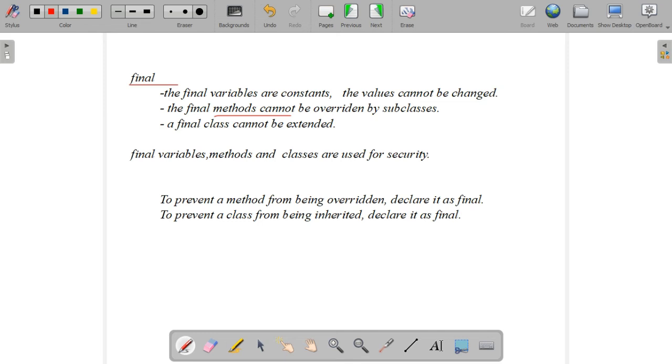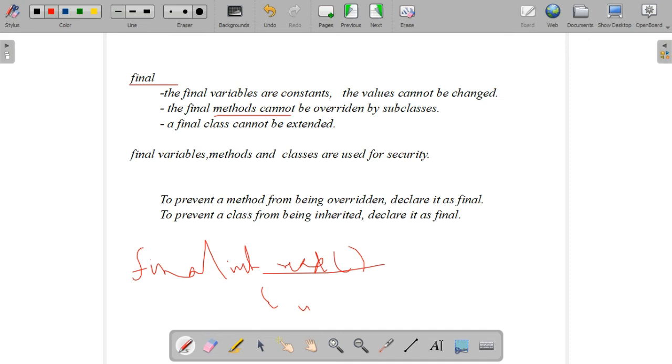Okay. So the last one is the keyword final. Final means, you know that final variables are constant, the values cannot be changed, and the final method also we can write. If we are writing a final method in a class, then it cannot be overridden by the classes.